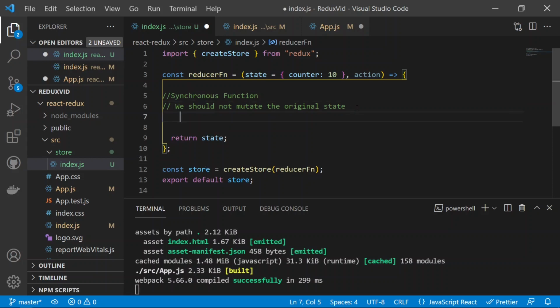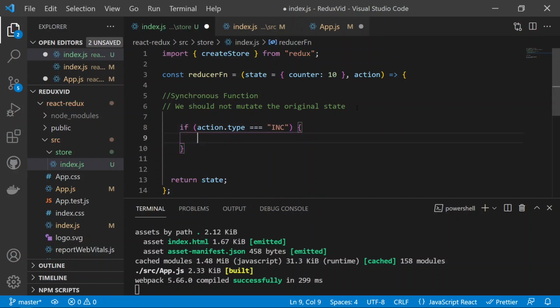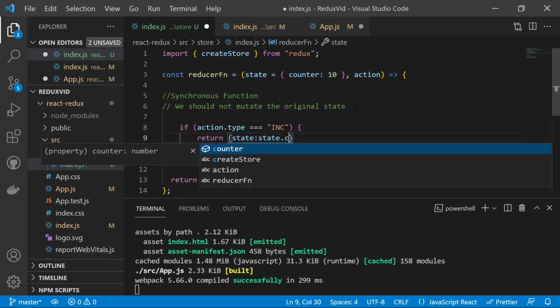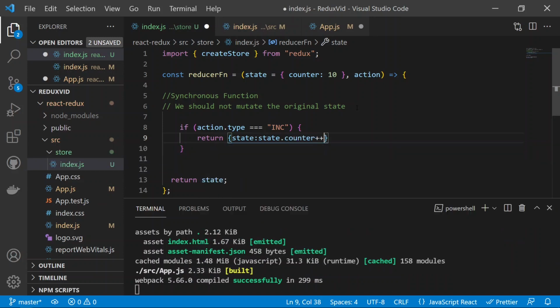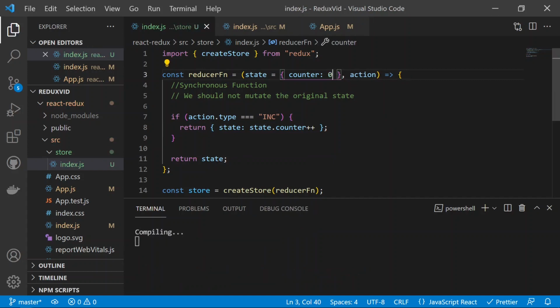For that, I have to create an if condition. If the action.type property, which we are sending, is equal to inc, then we need to create the new state and return it. It will be a returned object with the counter property, and the counter will be equal to state.counter, which we have here, plus plus. So we return the state object, which will be state.counter plus plus. Now if I use the counter as 0, starting from 0,